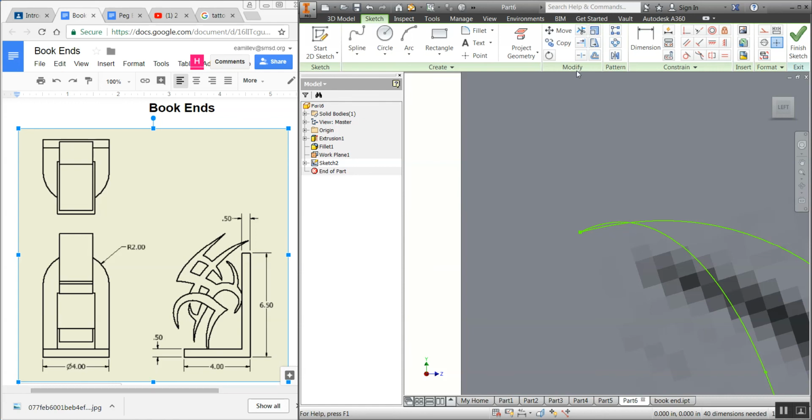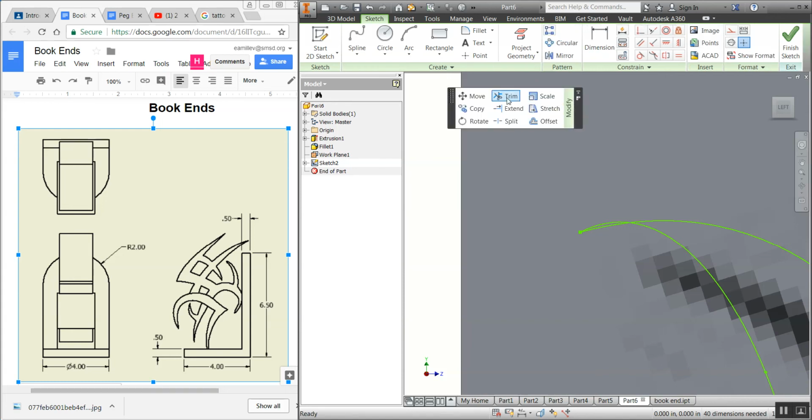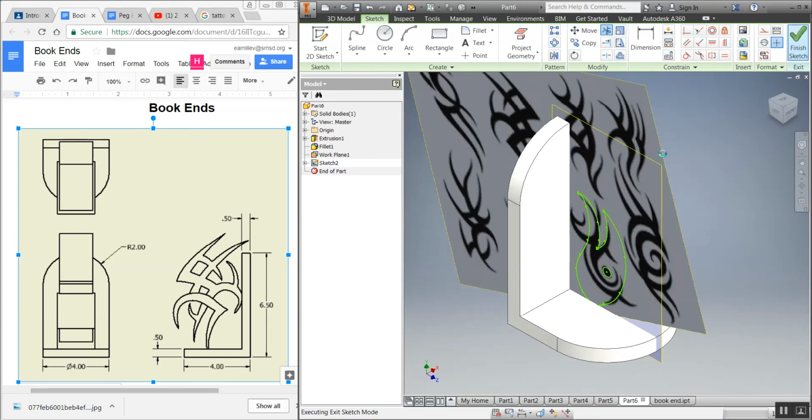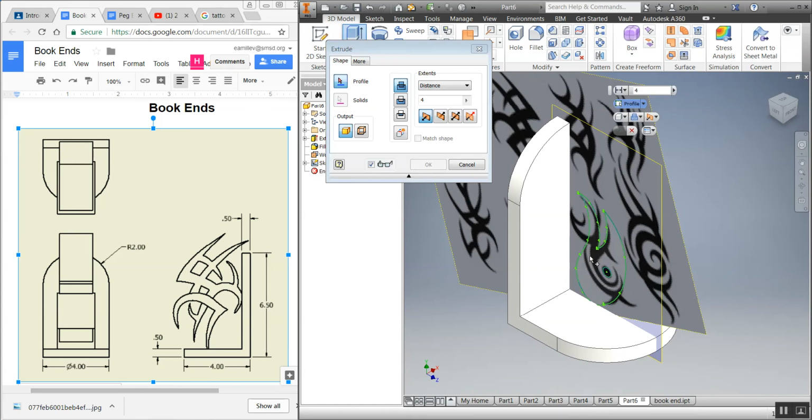If I use the trim command while I'm in sketch, use the trim command, and all I did was I clicked and held on this to have it come out of the top menu bar, and I can just click, hold, drag it back, and I put it back in place. Now the reason I pulled it out is because I don't have this full screen. I can't see everything up there, so I just pulled it out so I could get to the trim command. Now I can go ahead, extrude,